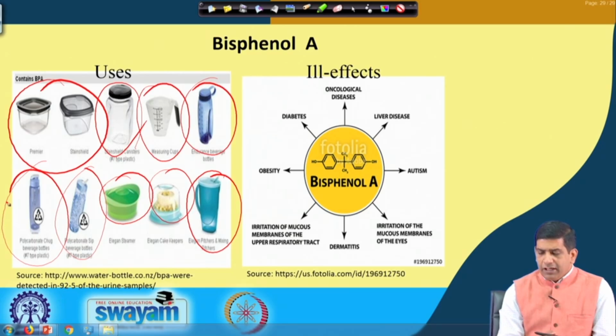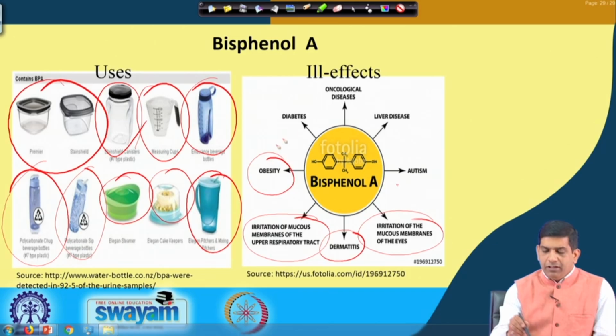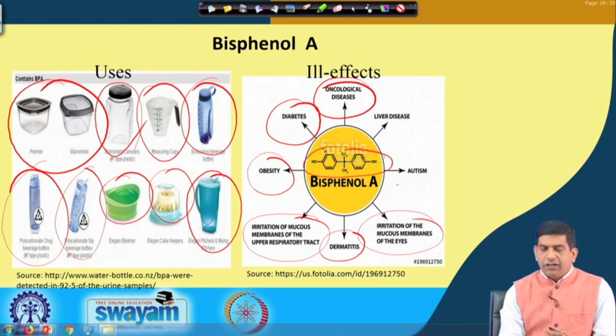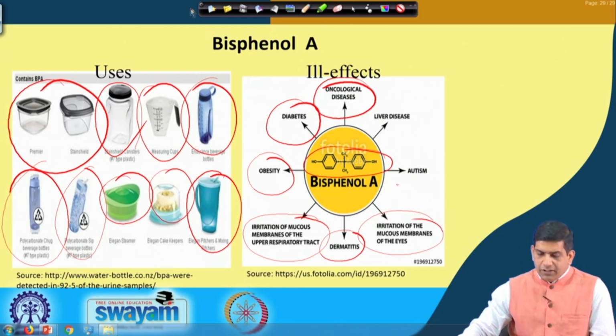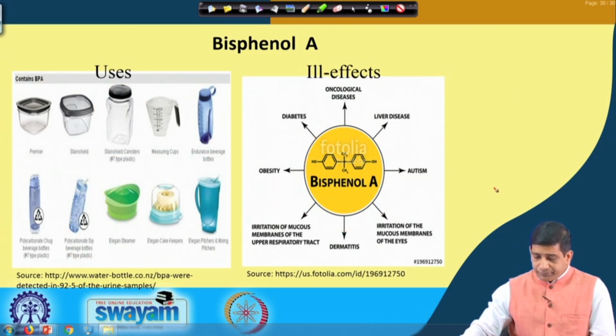its effect. It can lead to liver disease, autism, irritation of mucous membrane, dermatitis, which is a skin disorder, irritation of upper respiratory tract, obesity, diabetes, and oncological disease, which can lead to cancer and other stuff. So that's the typical structure for bisphenol, like 2 benzene rings with OH groups at the end, and then two CH3 groups in the middle. So that's how its structure is. This is how it looks. So this is what the bisphenol A is, where it is found, and what its potential impacts are in terms of